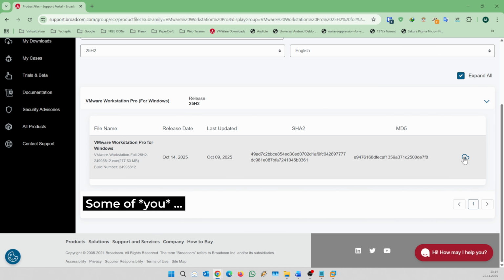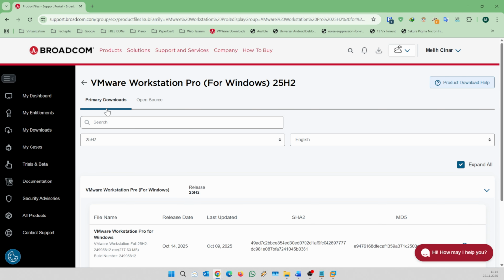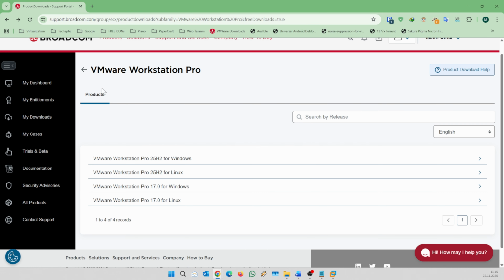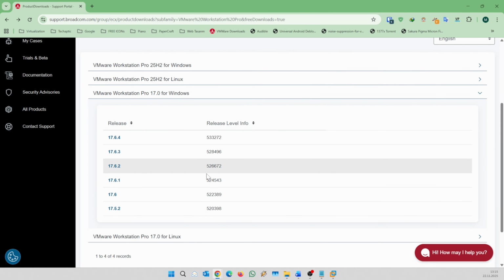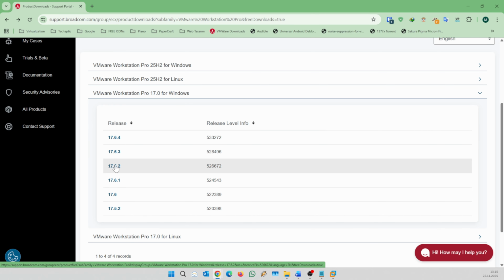Some of you may see that it is not clickable. In case this happens, you need to agree to the terms. Let me show you how to do it. For example, I haven't installed the 17.6.2 version before, and I want to download it to my computer. I am clicking it,